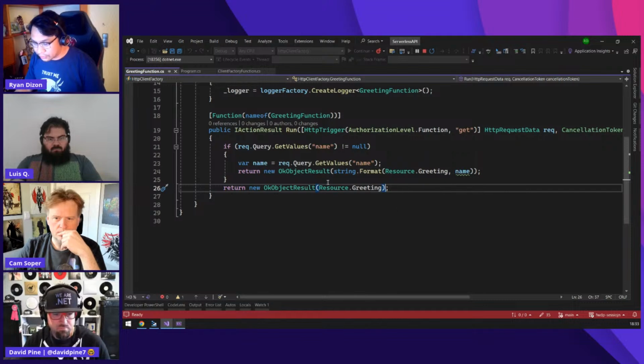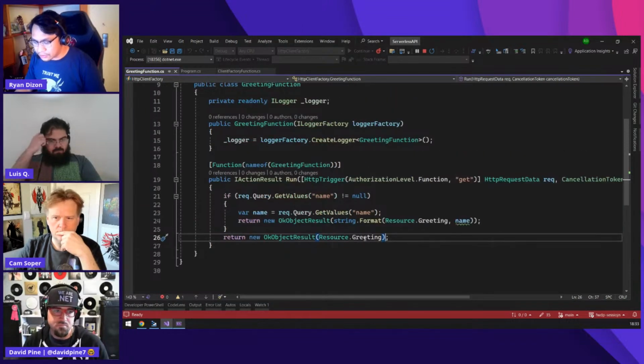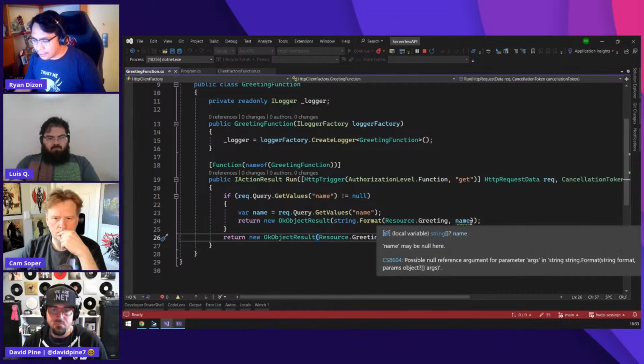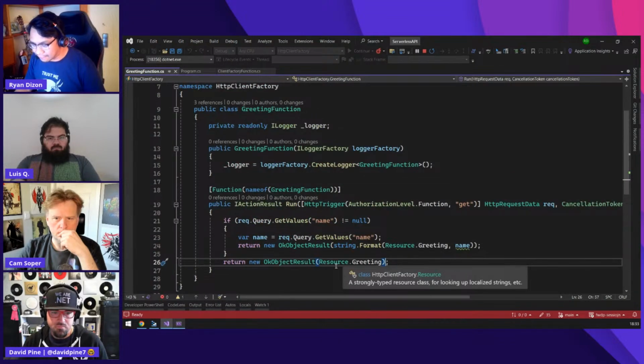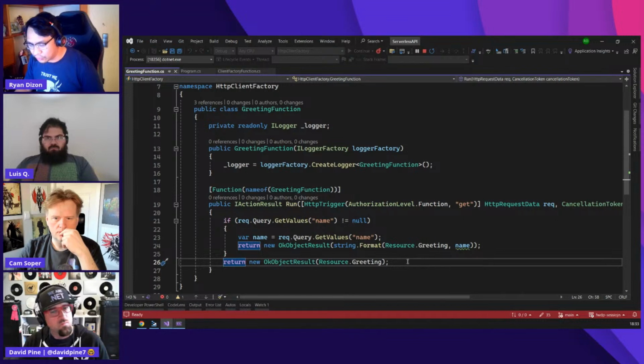As you can see, we are now using this resource. We are using the localization thing, RESX. We can now use this resource like what we are using inside a web API project. We could not have this before. Well, it can, but I think you need to make a big effort to enable it.